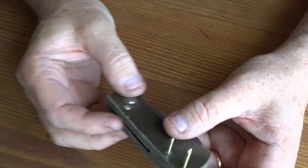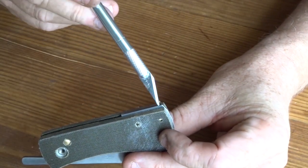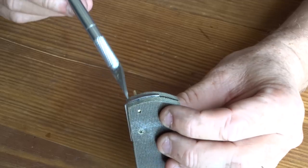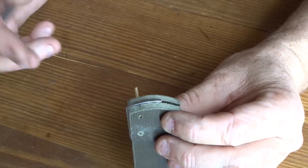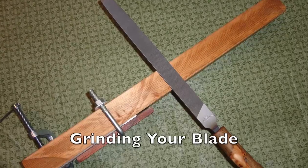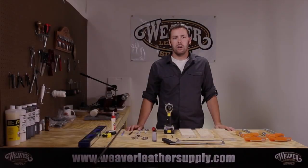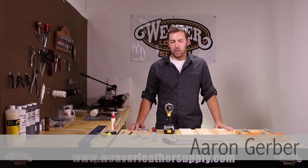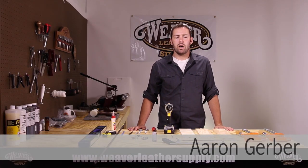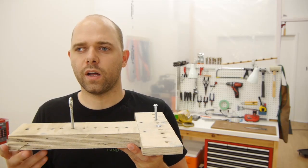All we have to do is grind the blade, heat treat and polish, and then we'll take a little bit off right here and right here so that that spacer is even to the handle. We'll just do that super carefully. Now it's time to grind your blade, and what we're going to be doing is Aaron Gerber will be showing us how to use the little filing jig that Aaron Goff taught us to make,